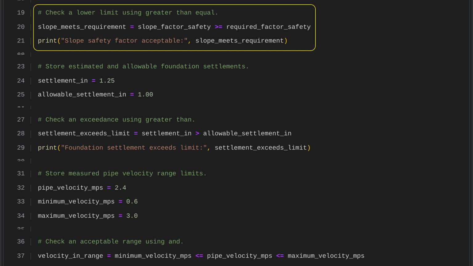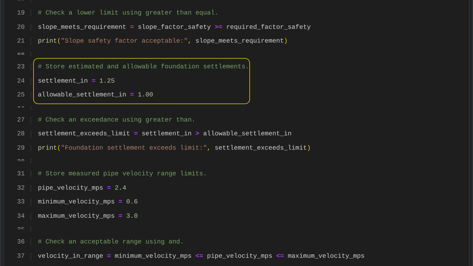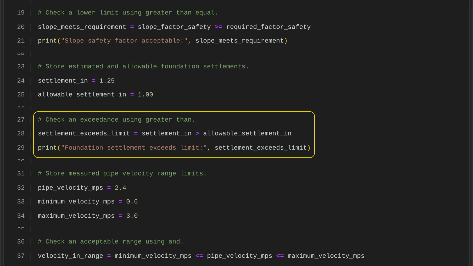is reported. The estimated foundation settlement is 1.25 inches, while the allowable settlement is 1.00 inch. These values are used to check whether the actual or predicted settlement is greater than the safe, acceptable limit. The code checks whether the estimated foundation settlement is greater than the allowable limit. It stores the true or false result of this comparison, then prints a message showing whether the limit has been